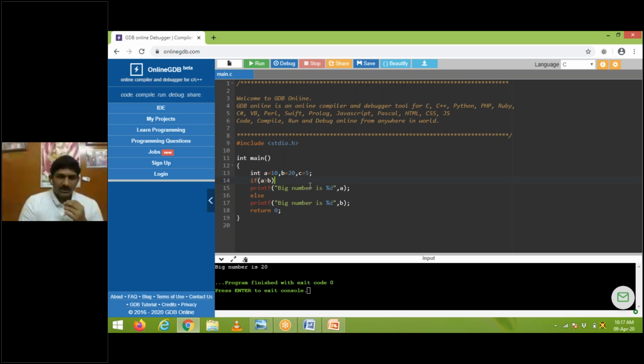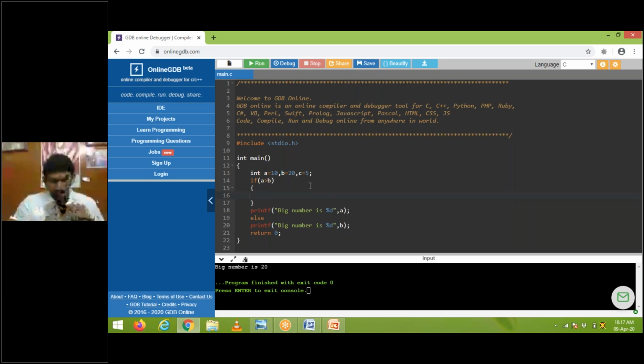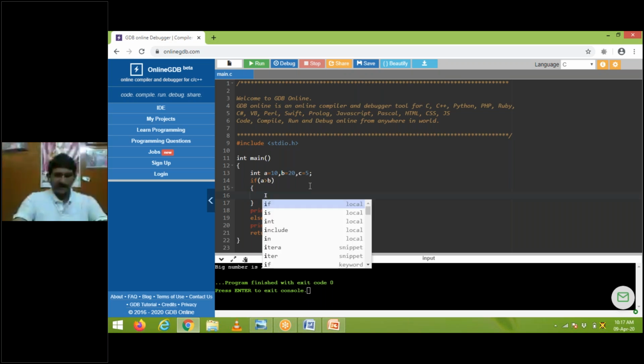In the same way, you have to write the program. First, you need to check the A value with B and the A value with C. After that, A is big will be printed. So by using nested if, this program will run by using two types of statements: logical operators, logical and, or you can do it by using nested if. The nested if concept is also in the second unit material. Nested if means having an if inside another if. So if A greater than B, I'm declaring here.